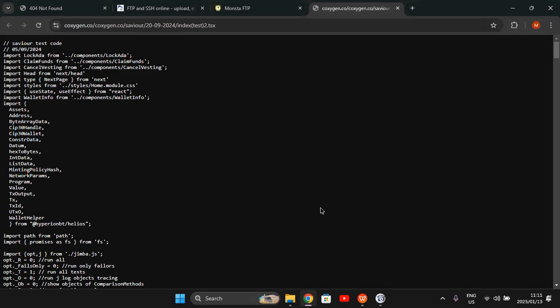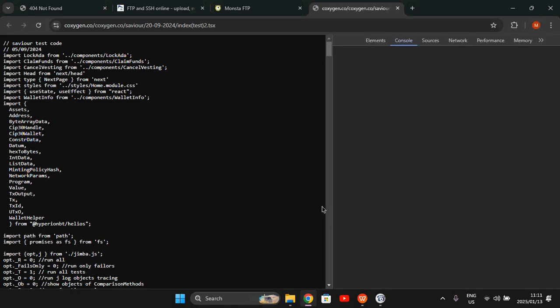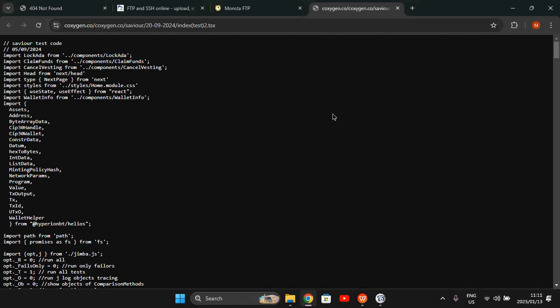Okay, this is a typical example of a test code. I will just explain some of the things you see here. When you look closely, you see that